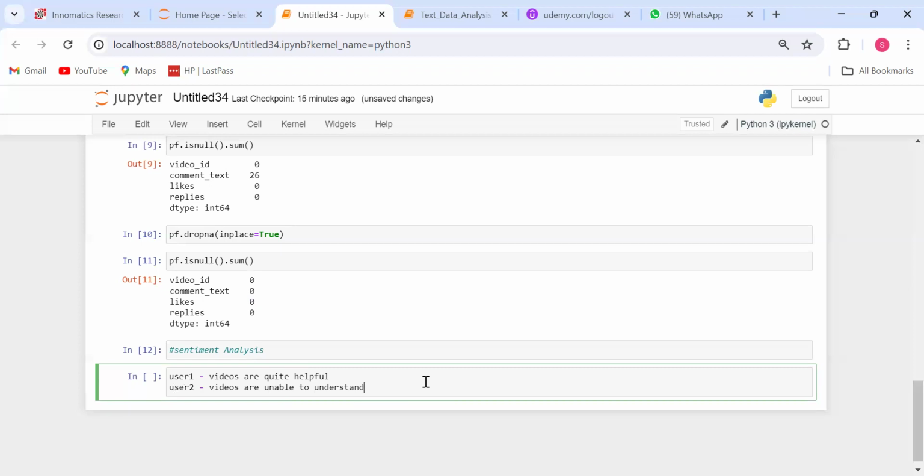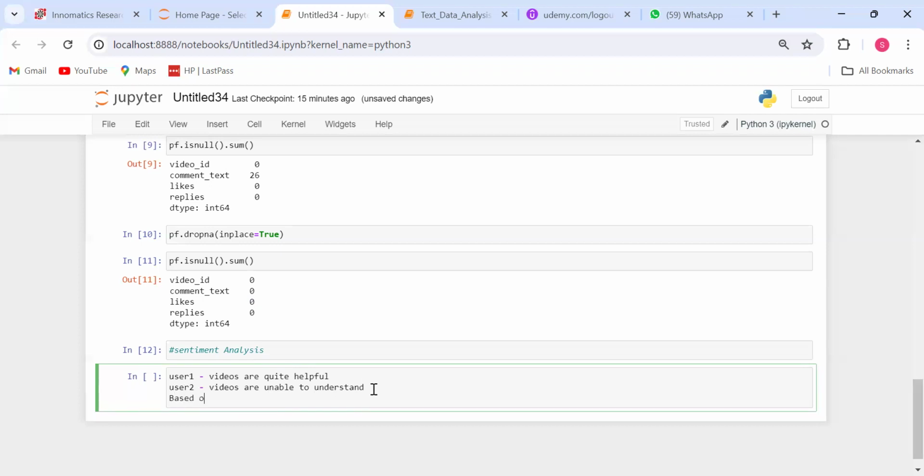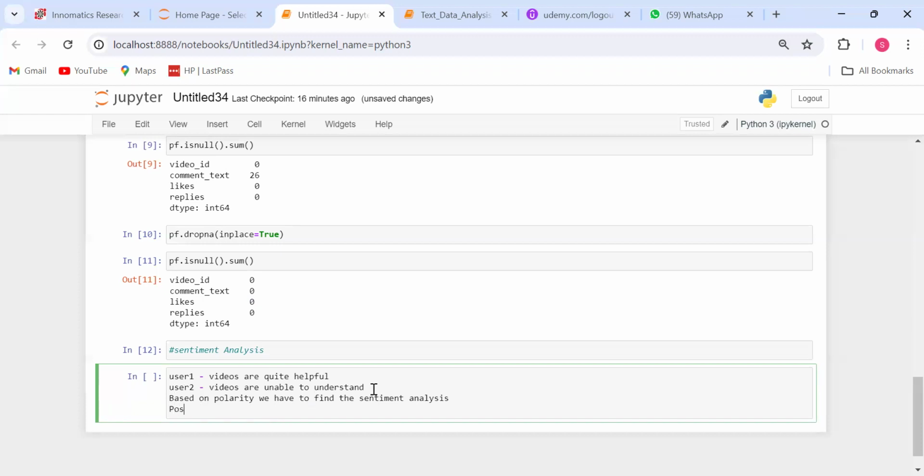From this, we perform the sentiment analysis. We have two different types of sentiment analysis. So how do we calculate the sentiment analysis? By using polarity. Based on polarity, in the sentiment analysis,